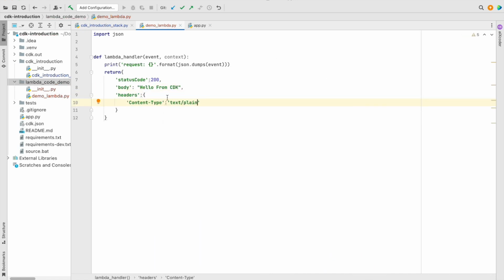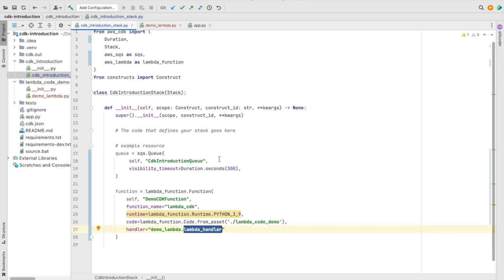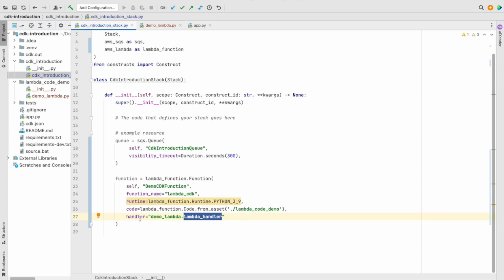Our Lambda code is ready. So right now the Lambda handler is doing nothing. It is printing the event that is coming, and also it is printing a status code of 200 and hello from CDK if it is invoked. That's fine. So if we go back to our stack, we see our Lambda function is taking the handler